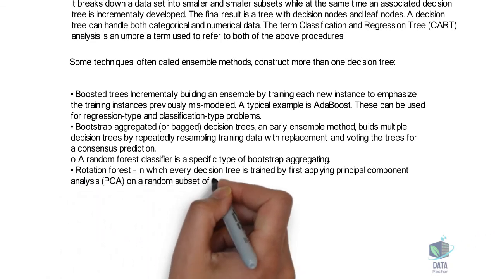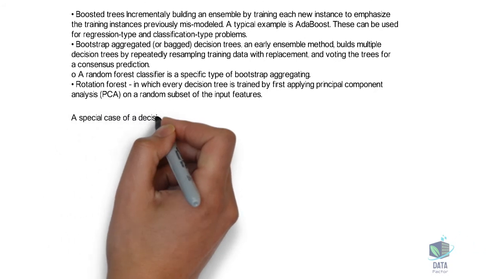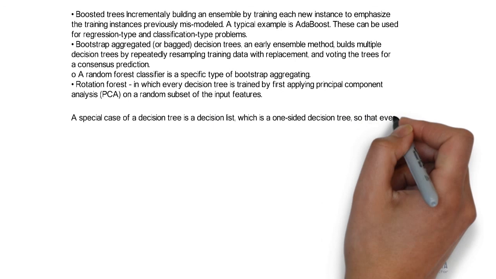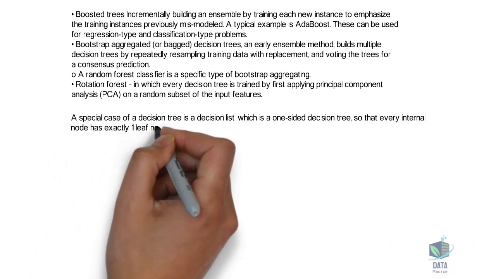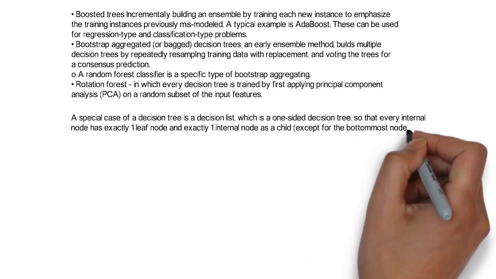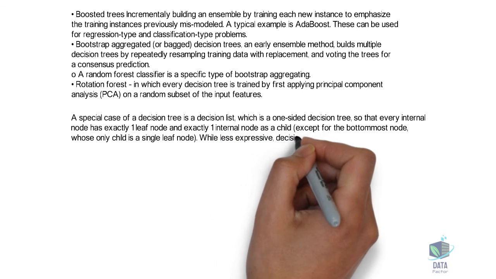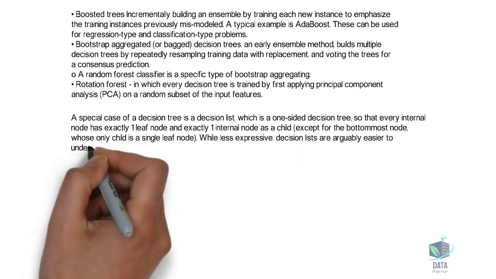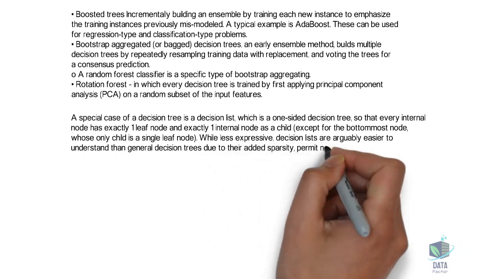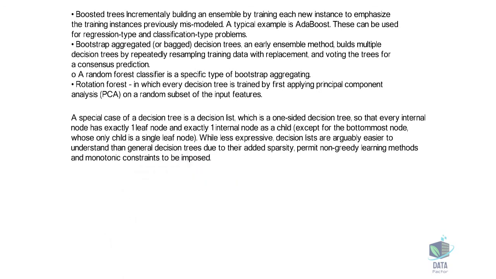Bootstrap aggregated, or bagged, decision trees. An early ensemble method builds multiple decision trees by repeatedly resampling training data with replacement, and voting the trees for a consensus prediction. A random forest classifier is a specific type of bootstrap aggregating. Rotation forest, in which every decision tree is trained by first applying principal component analysis, PCA, on a random subset of the input features. A special case of a decision tree is a decision